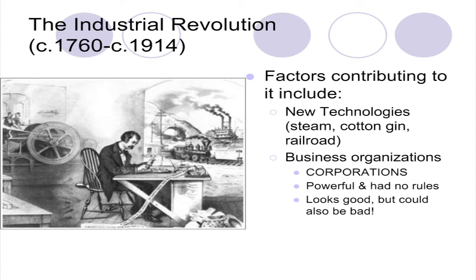Take a look at the dates. You're looking at the time period from 1760 up until 1914. 1914 is a date to remember as that will be World War I, and that's something that we'll really focus on in this class. The image on the left-hand side shows a guy at a table. It looks like he's inventing something. In the back left, you can see the steam engine. To the far right, you can see smokestacks, which means factories. You can also see a train. It's celebrating the positive things about the Industrial Revolution.